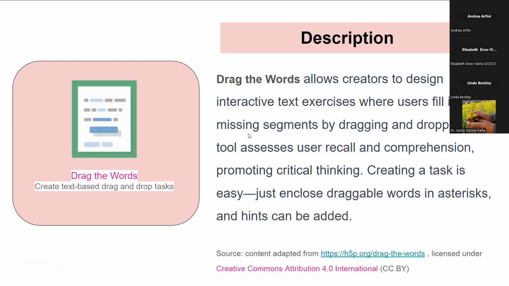Drag the words, drag the letters, it's up to you. Of course, it's as creative as you are. In our examples, we made very simple examples, but of course that will be different depending on the course and the students you're teaching.